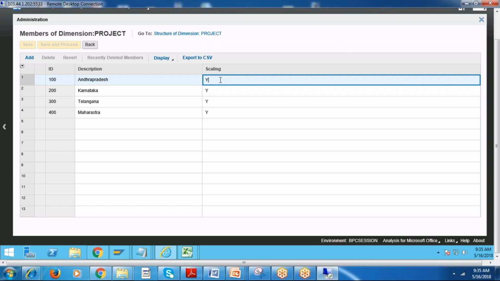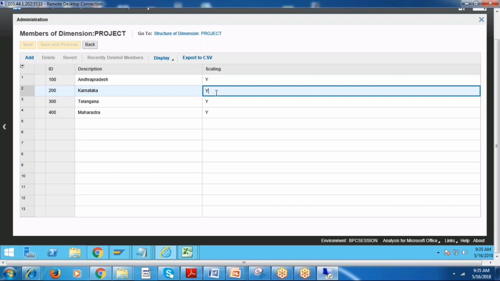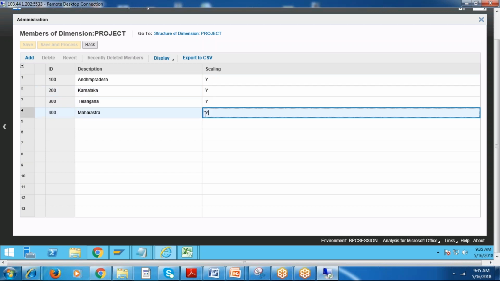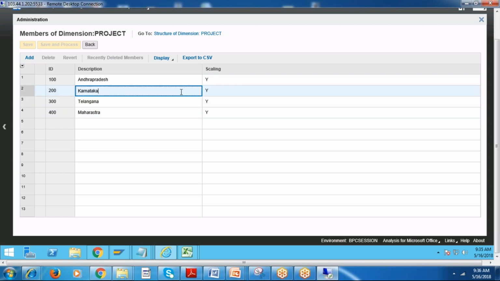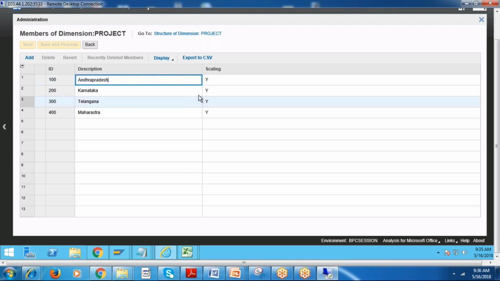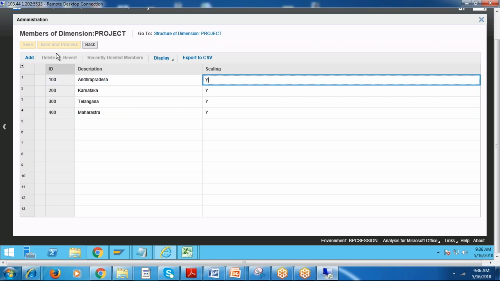So for that purpose we can bring this for the reporting purpose. Scaling is a property used for reporting, whether I want to show values in thousands, millions, or 10 millions, like that. We can bring these members to the report.